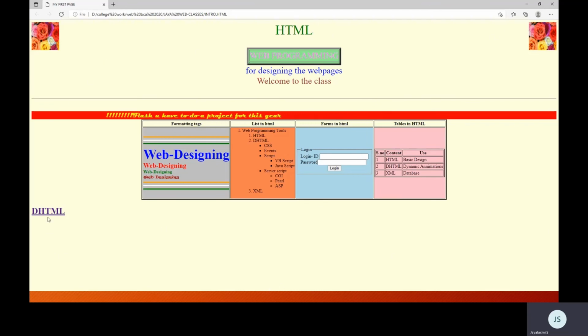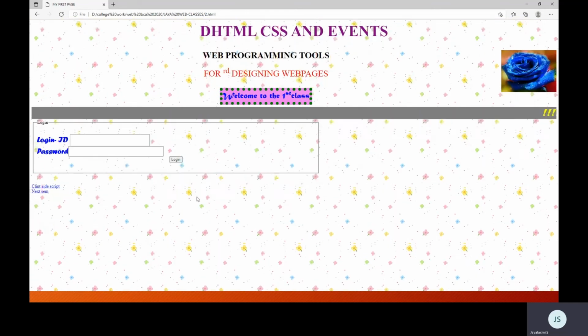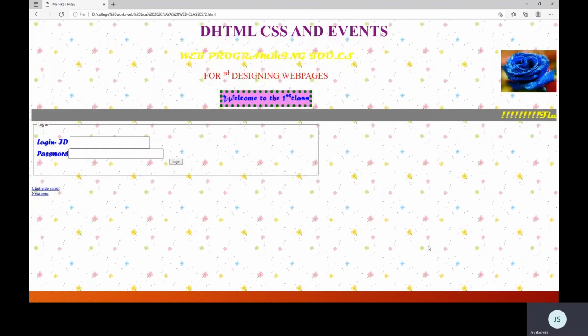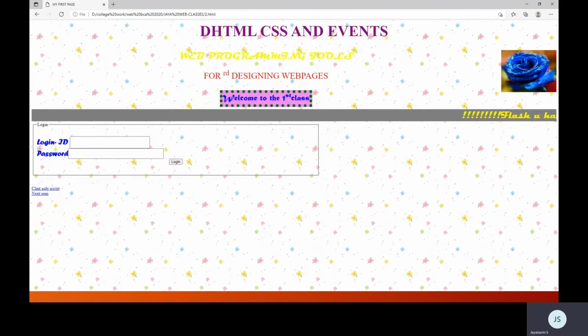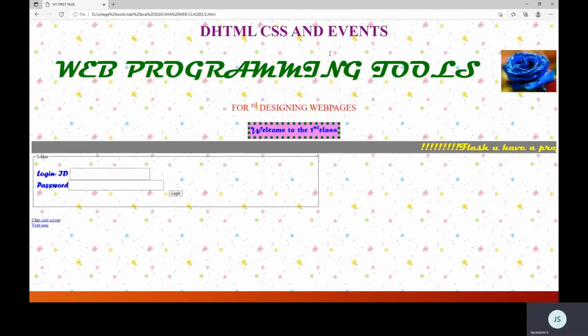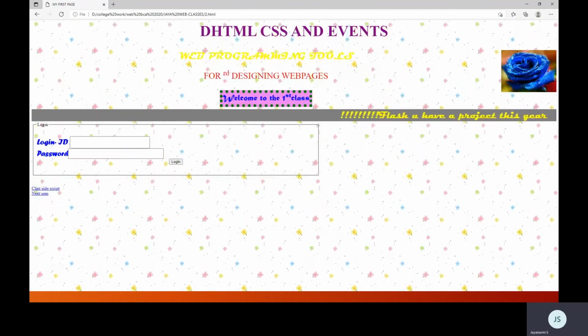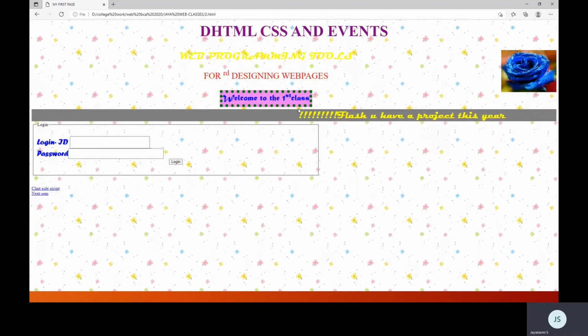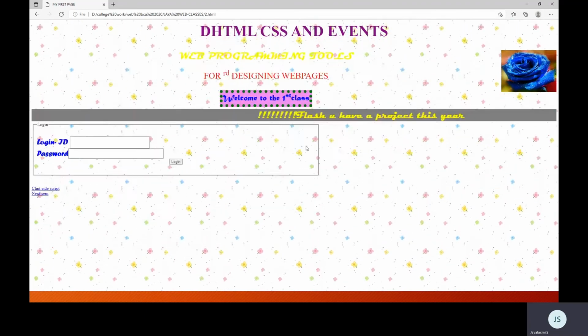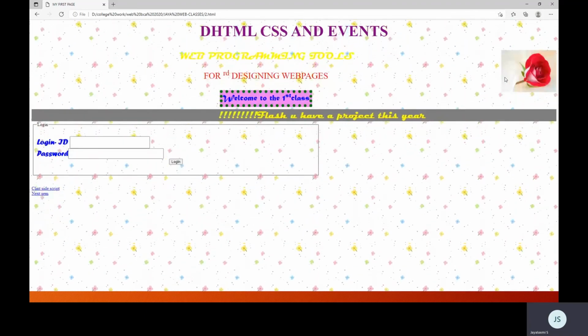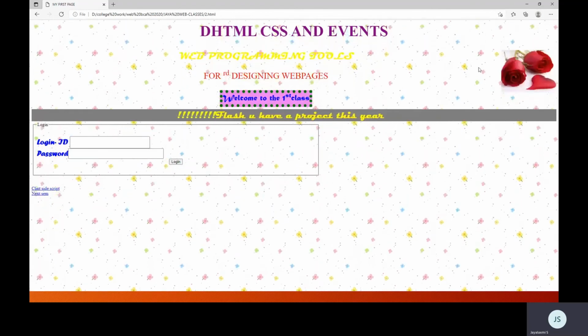Now if I change the same program with DHTML, just see, I got a beautiful background. I'm taking my mouse pointer on the text and it has been increased to a specific size and the font is changing. I got a beautiful border displayed. I take my pointer on the image, images are changing.